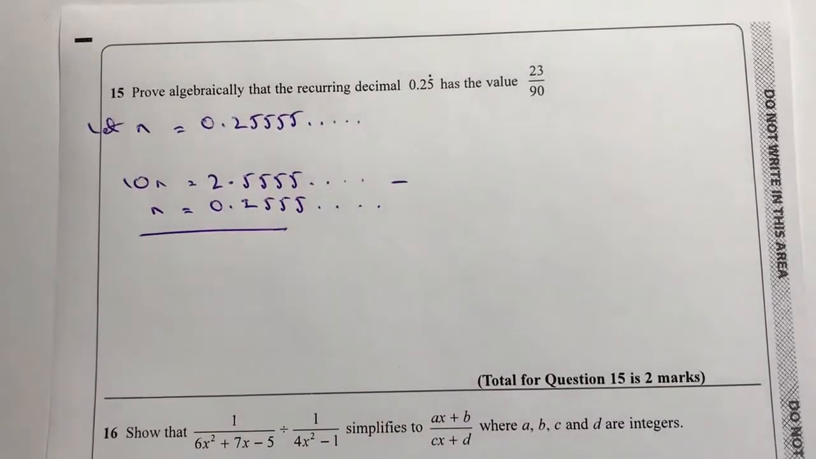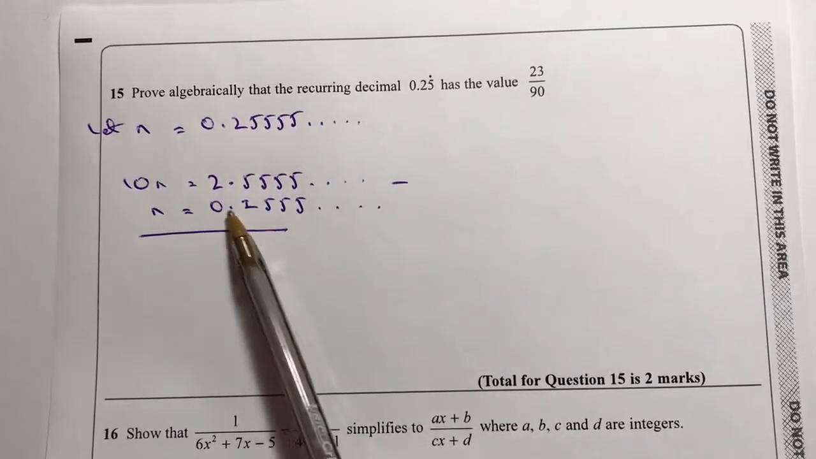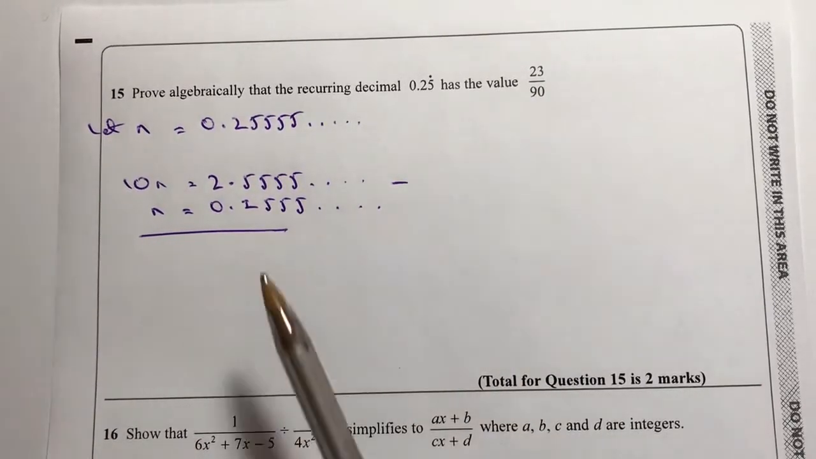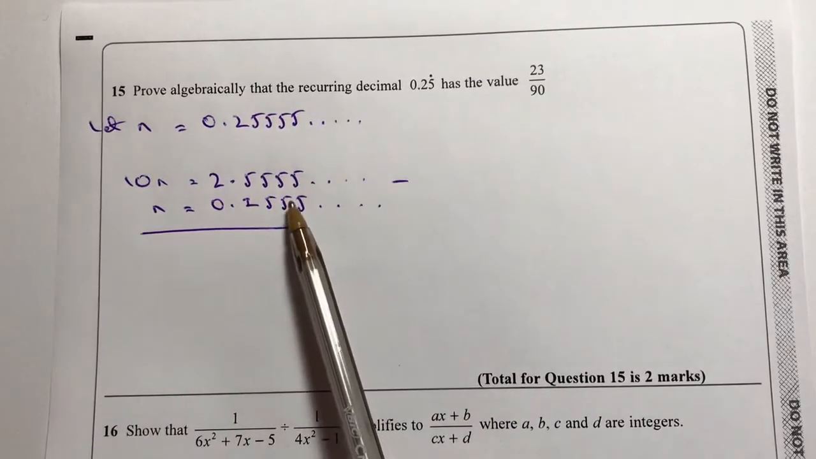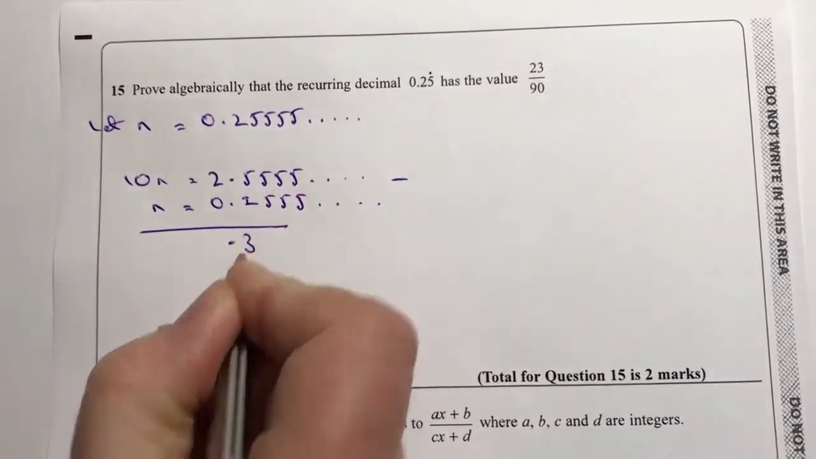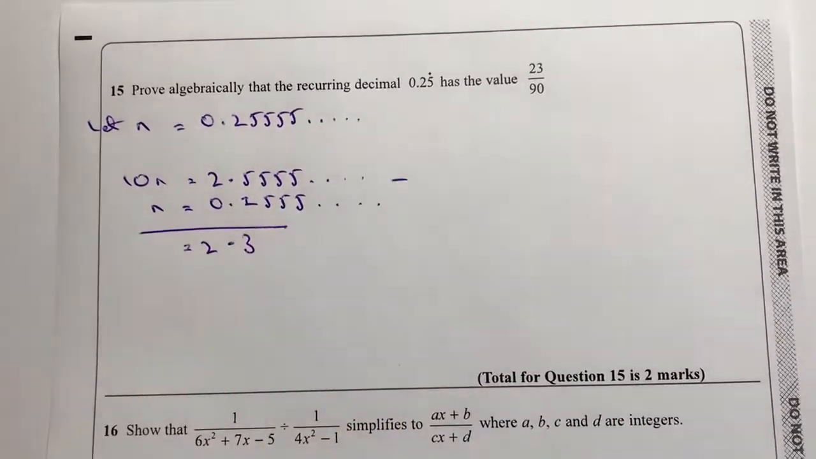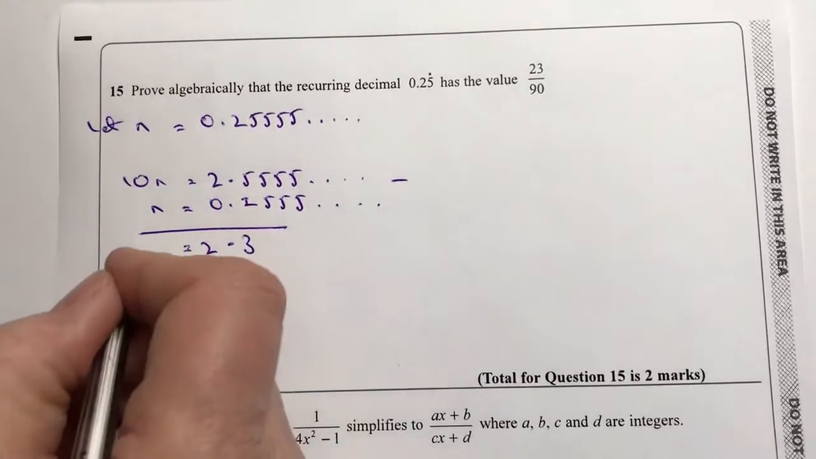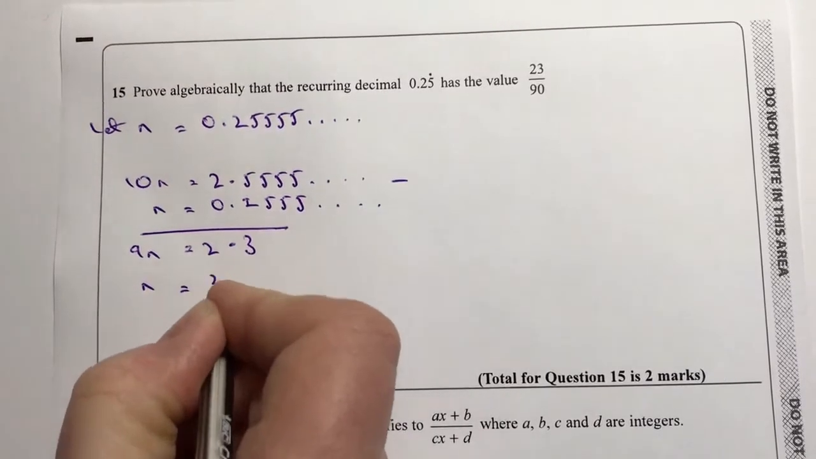So if I take one away from the other, I end up with 2.555555 minus 0.25555. Okay, so I can get rid of all of these. So I end up with 5 minus 5, 5 minus 5, 5 minus 5, 5 minus 2, well that's going to be 0.3, and then 2 minus nothing is going to be 2. And then on the left hand side I've got 10n minus n, well that's going to be equal to 9n. So 9n equals 2.3. So if I divide through by 9, I end up by saying that n equals 2.3